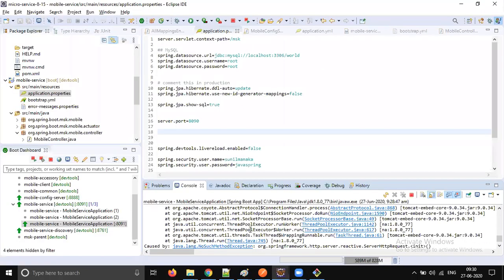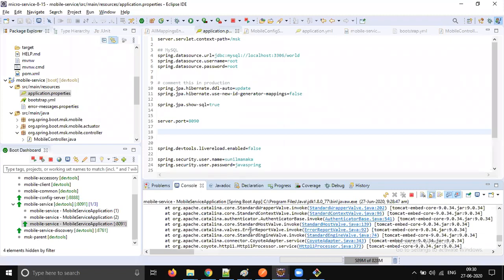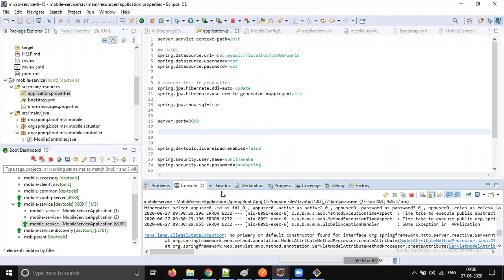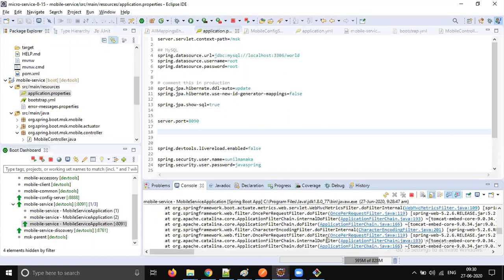Okay, so then it's fine. We don't want to look into that. So that's fine. We cannot get it from Swagger, but the things are working as expected, right? It's okay. There is something related to some changes that happened in the Servlet API. It's fine. We don't want to go that way.